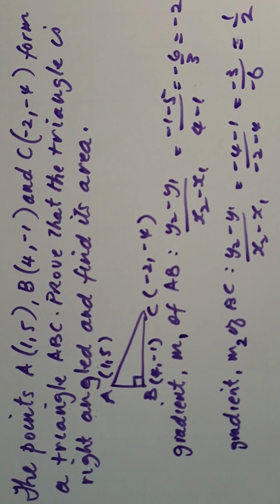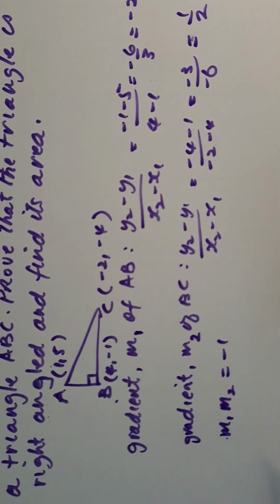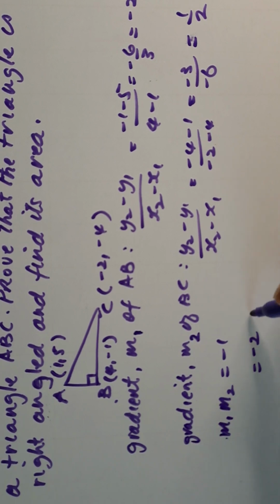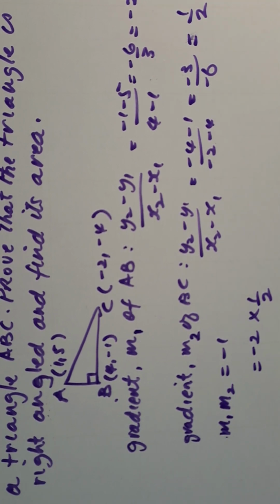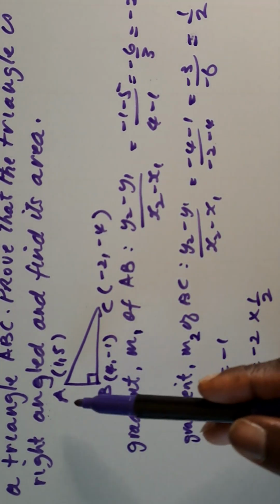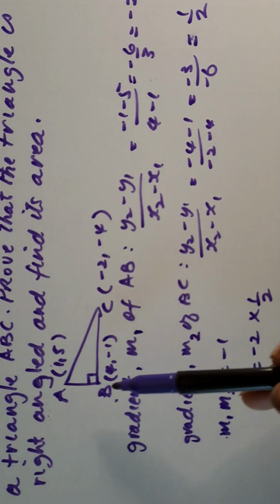Sorry, I'm off the screen. Let me just write it right. We have M1 times M2 should be equal to -1, and we know M1 is -2 and M2 is a half, which does give us -1. So we've proven here that AB is perpendicular to BC,